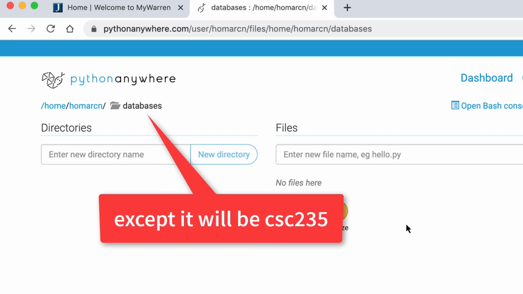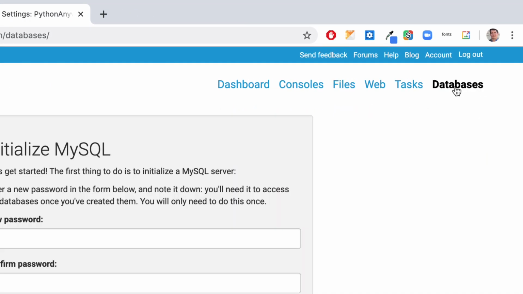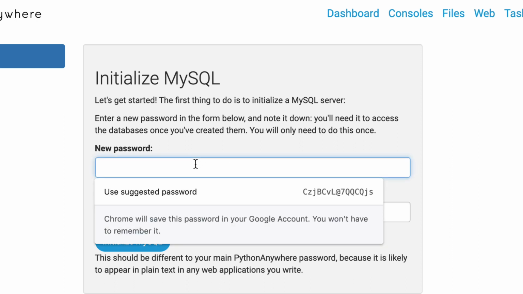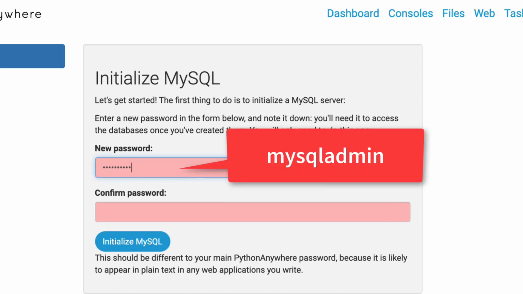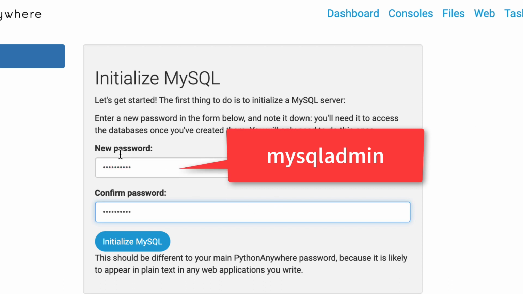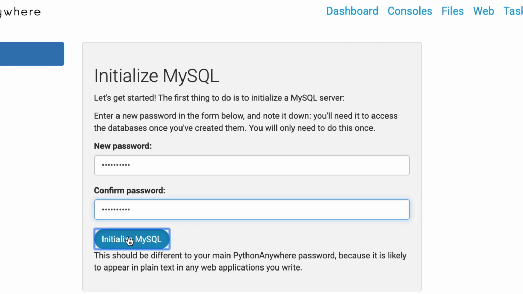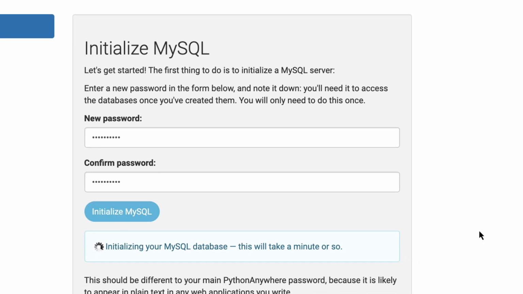And I'm going to go to databases. And it says initialize MySQL, and we're going to be using this. So what you can do here, I would just say let's all use the same password, which I'll give you. So we're all going to use the MySQL admin. That way we all have the same password. You shouldn't have to put this in very often, especially when you're working in here. If you have any problem, we'll just call it MySQL admin, and it'll be okay as long as you do it the same way twice. And we'll all try to keep that same password, and I'll initialize. It says it'll take a minute or so,